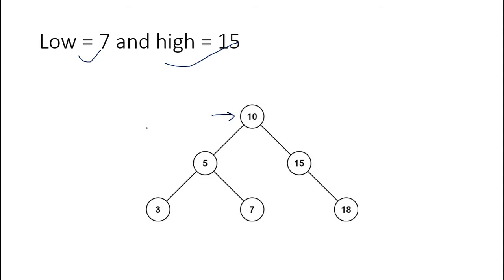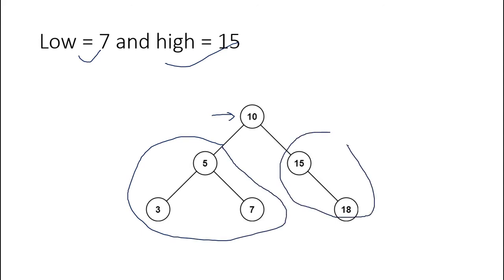Okay, so what will our solution be? Our solution will be the sum value from the left subtree and the sum from the right subtree. Add both, and if the root is in range then add that also. So we will start traversing from this root node. If it is in the range of 7 to 15, our initial sum will be 10. Now we will call the left subtree, then the right subtree recursively.